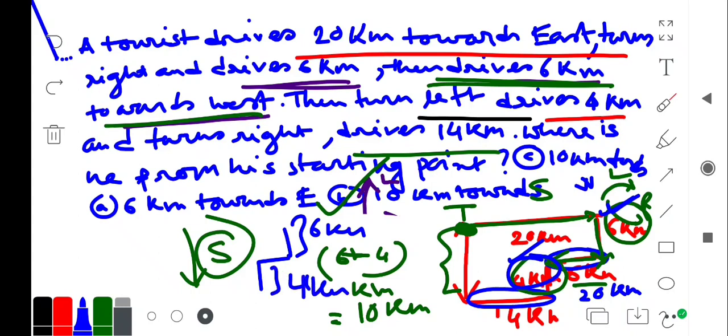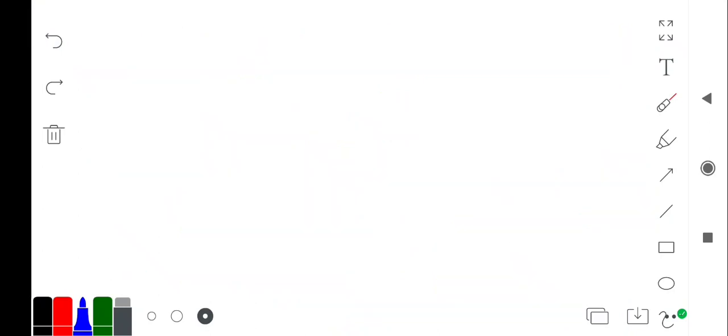Okay. So ultimately the length is 6 plus 4 kilometer, that is 10 kilometer. And always remember this is the starting point, and when he is in that position, so he will be in the south direction. Okay, towards south. Okay. Next. এই যে এরকম ছবিটা।